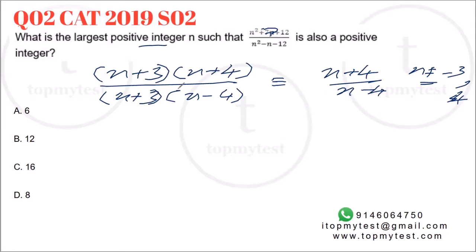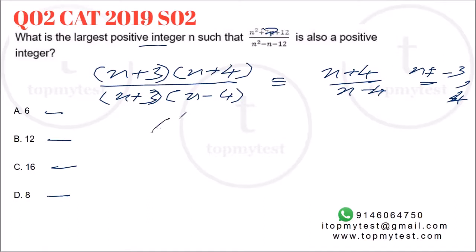Right. Now, where do we solve this? The question asks which of the values will return a positive integer as well, the largest possible value. Now, instead of trying to solve it, we have the options. Let's start with the largest. We'll start with 16. If that does not work, then 12. If that does not work, then 8. And then finally 6. Okay, let's put 16 here.